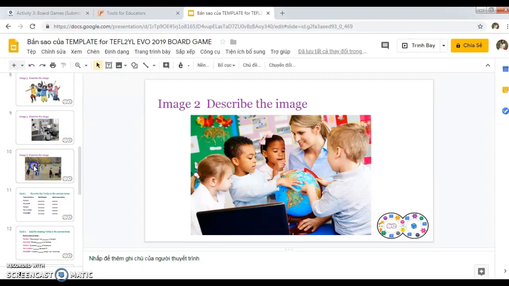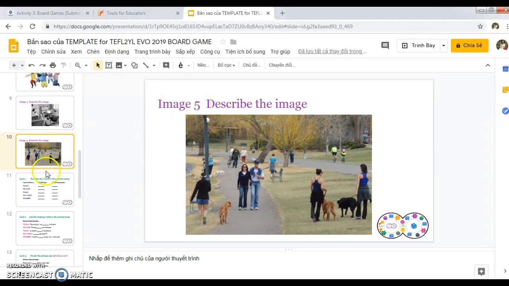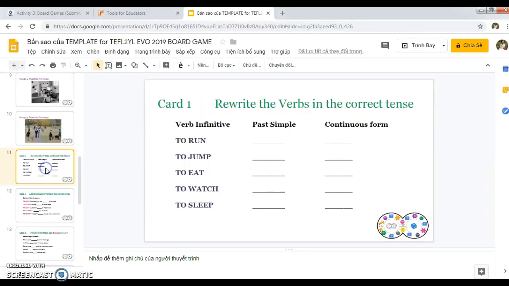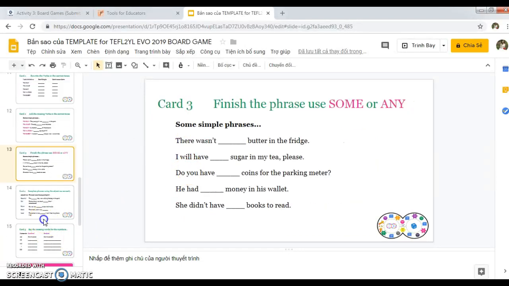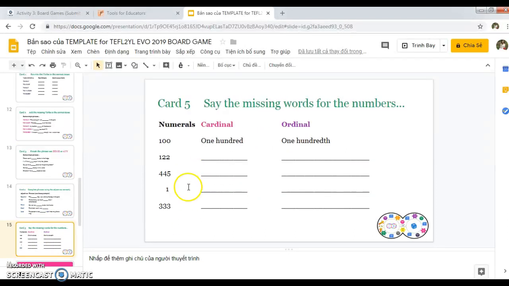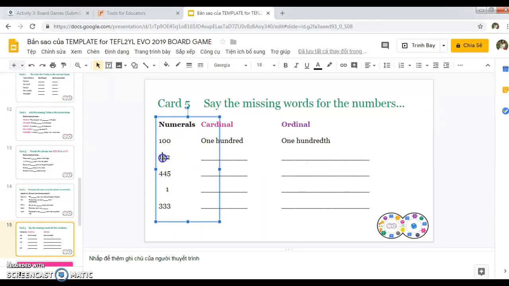And after finishing the 5 images, next to the cards I also fill in 5 cards on the face, and I will add it to be suitable with my students. For example, is maybe 45 or 33. Okay,